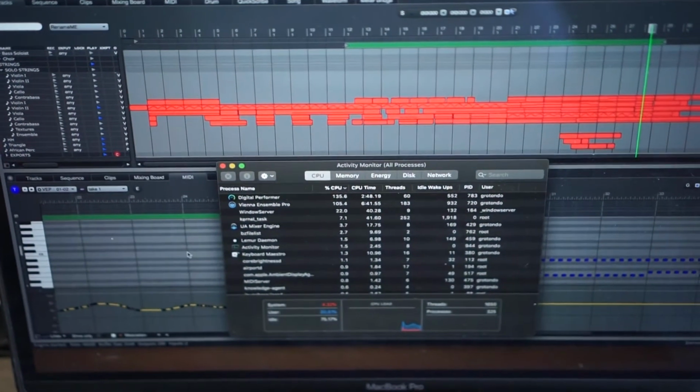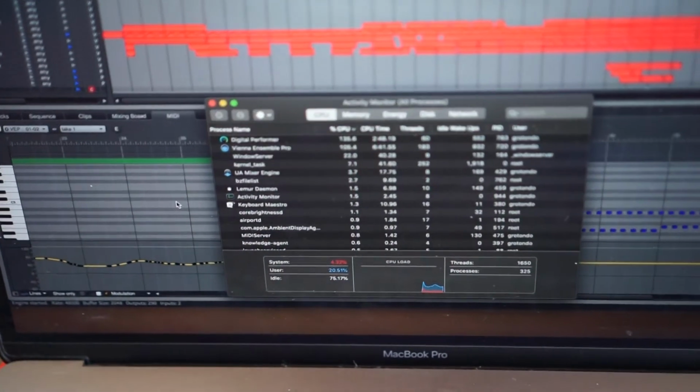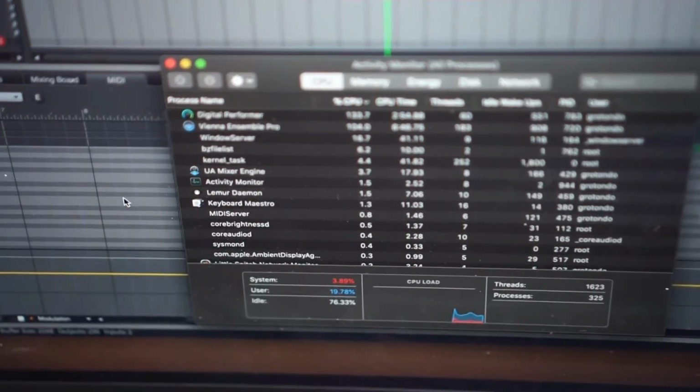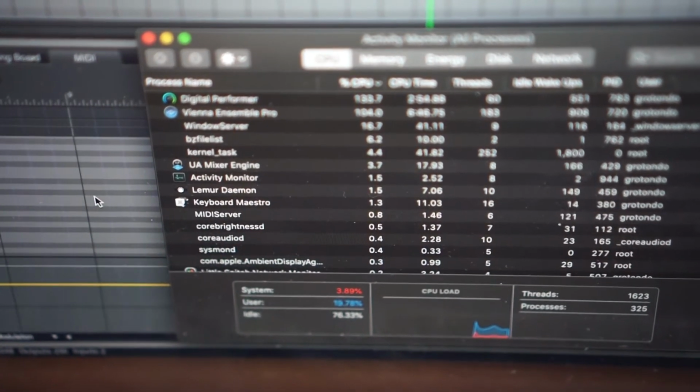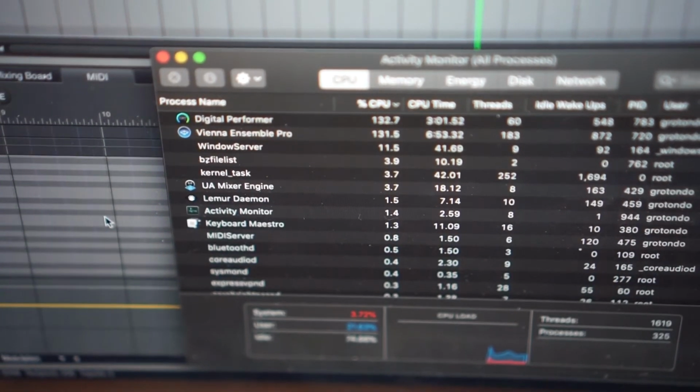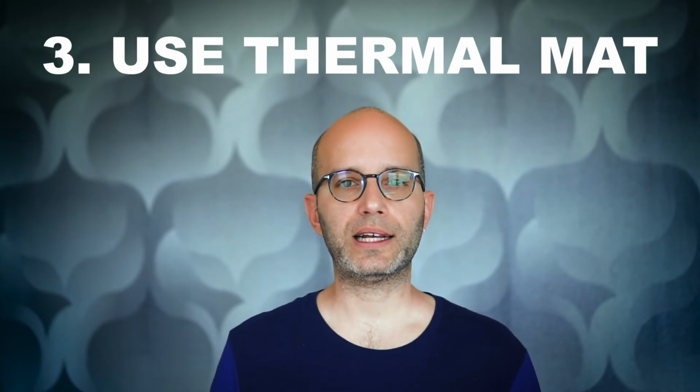I couldn't believe my eyes and ears when I launched my most demanding orchestral template. Now I don't incur in thermal throttling even when I lower the buffer size to 256. So the internal components will get colder, whereas the bottom plate will get much hotter. In fact, to a point where it might get pretty uncomfortable for my laps and for the desk where the computer will stand. So, as the third part of my solution, I found a thermal mat on Amazon that should,